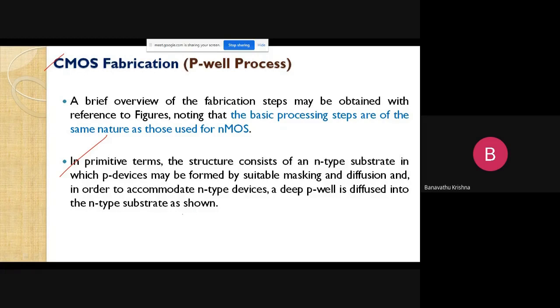Firstly, we need to take an N-type substrate here. That is a single crystal of silicon, taken from a crystal of silicon wafer. Now we can add some N impurities to that material. Then it is called an N-type silicon substrate. If the substrate is N-type, it is used to implement PMOS. And one more concept here: the substrate is N-type, then the P-well is diffused into this N-type substrate.